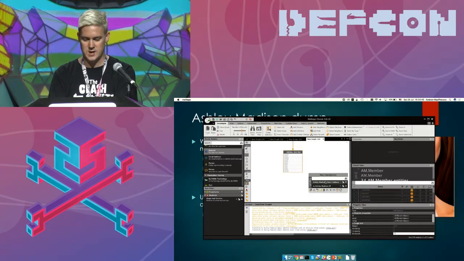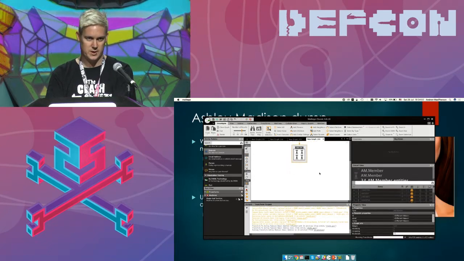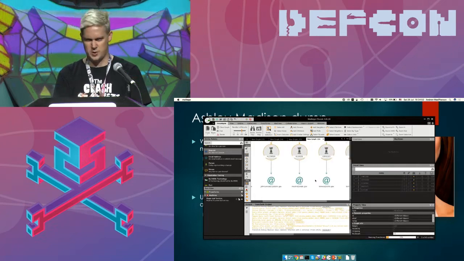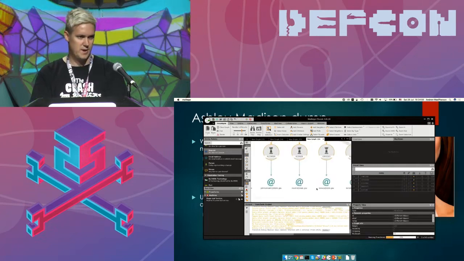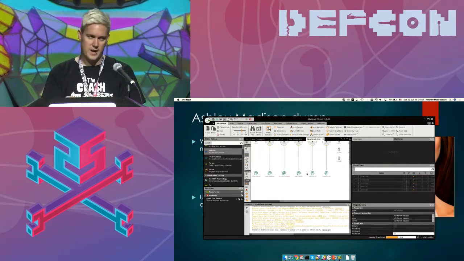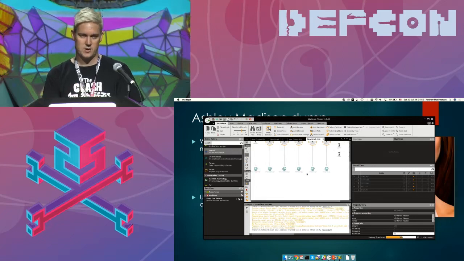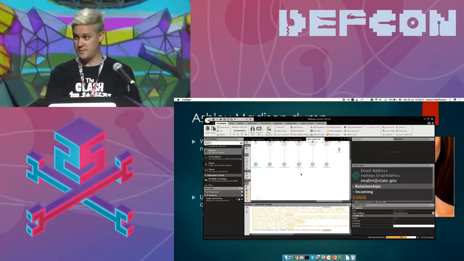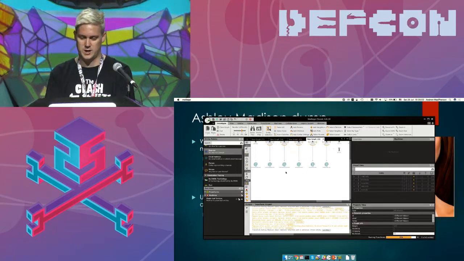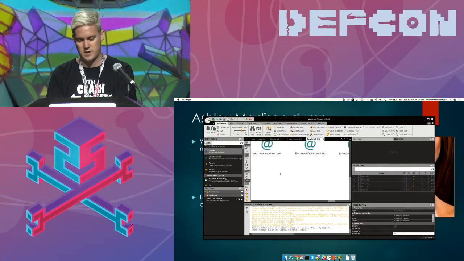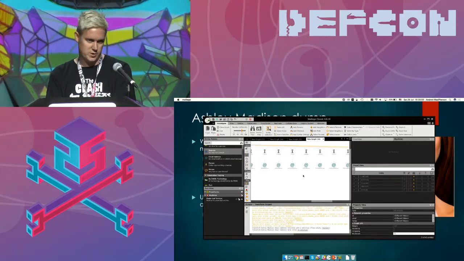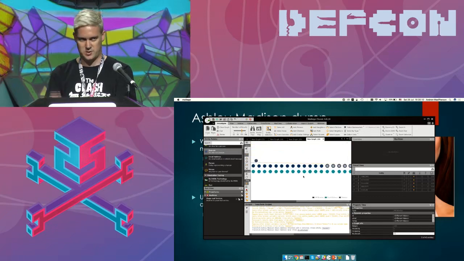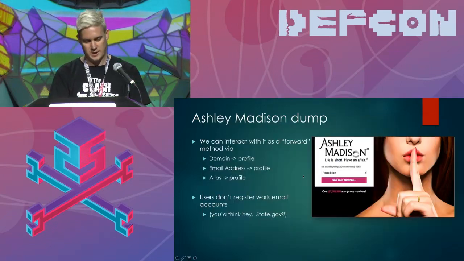And I can take those accounts to email addresses and look at them. Ashley Madison's sign-up process is a bit weird, so someone could have signed them up. There are 34 of them, and you can take each one to transactions to see how many of these people have paid money, so you can say, well, that's probably a legitimate account. But these are all state.gov accounts, so that's one way to do it. You just look at those profiles. I can then target those individuals, but not really that exciting.